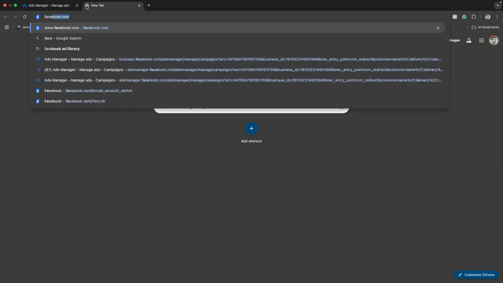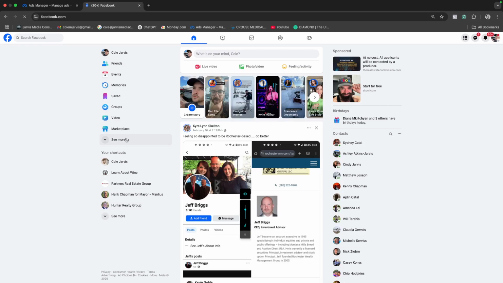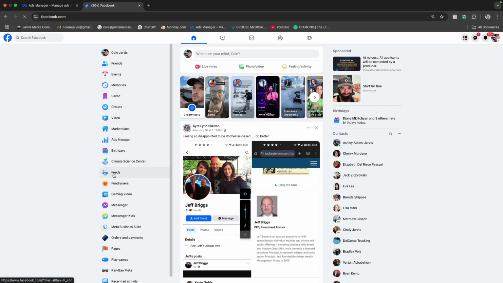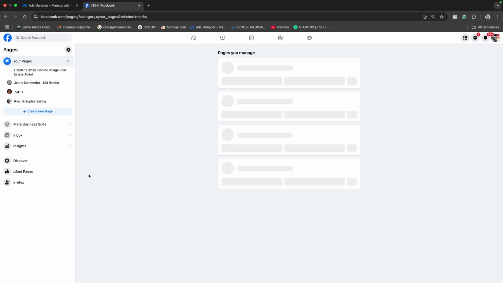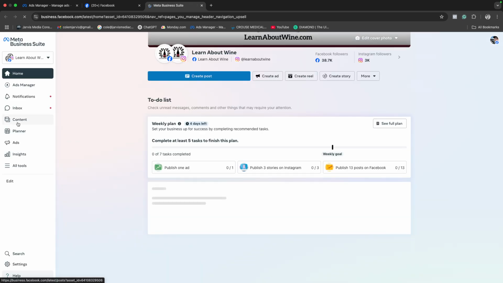What you're going to want to do is just go to facebook.com. From here, you're going to want to go down and pick a page. You can go to your pages by going to the left-hand side, clicking a page. You just select a page right there, and then once you actually are in a page, or actually, probably what's easier is just to go from there to Meta Business Suite in the left-hand side. Click on that. That'll open up your Meta Business Suite, and if you don't know how to get here, this